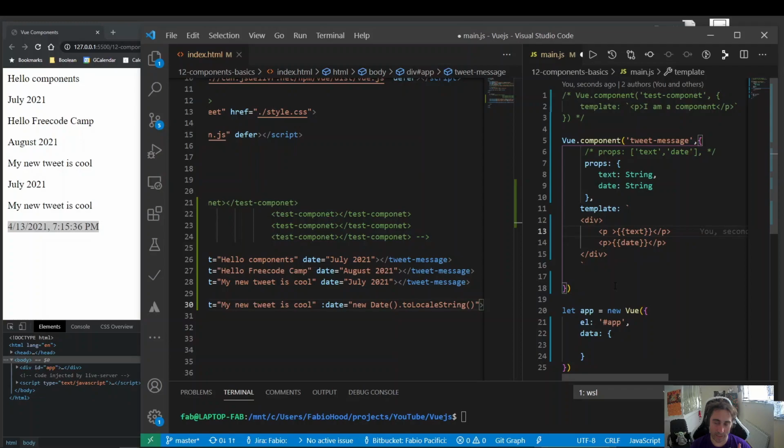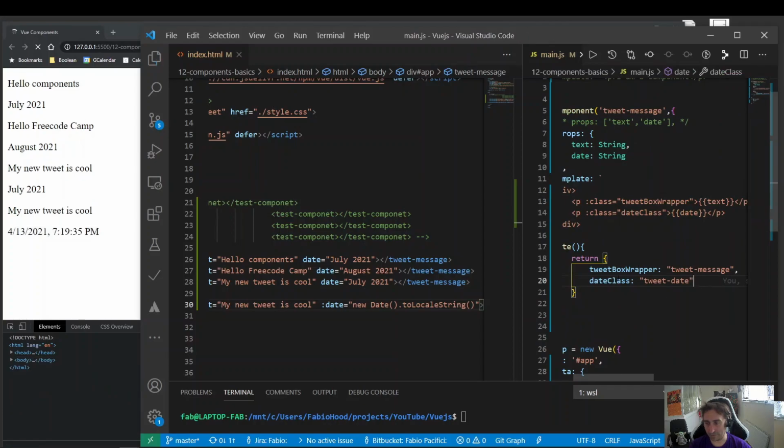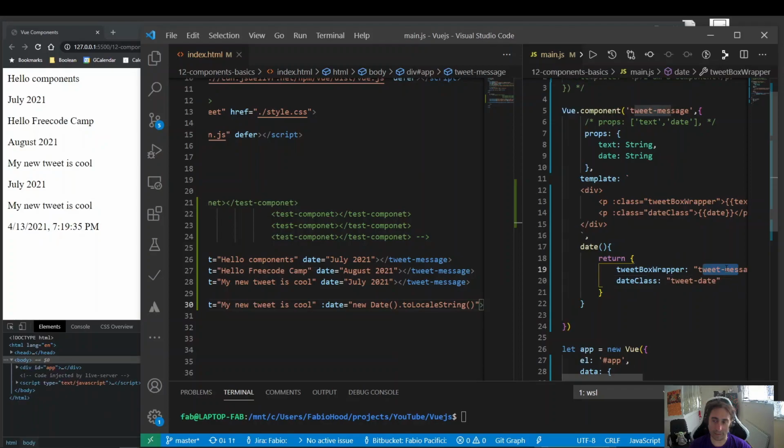So that's the class that I want to write, and in here I will grab the date class and add to it a date value. So inside the data object now I define these two properties, and when we look inside the HTML, this tweet message will be